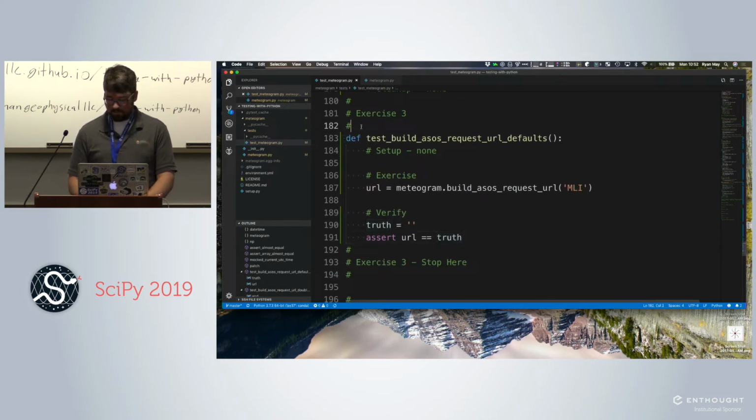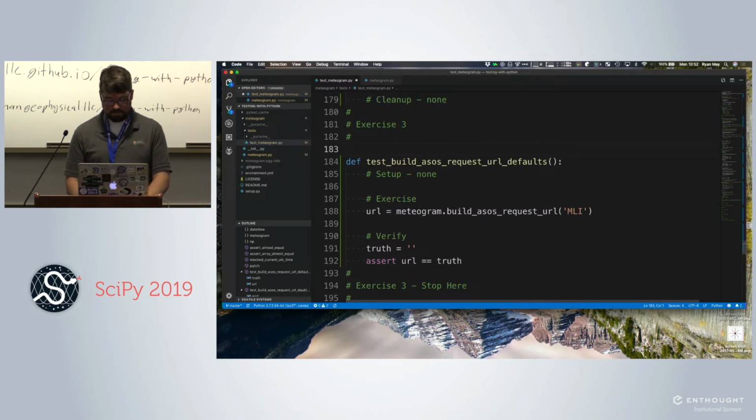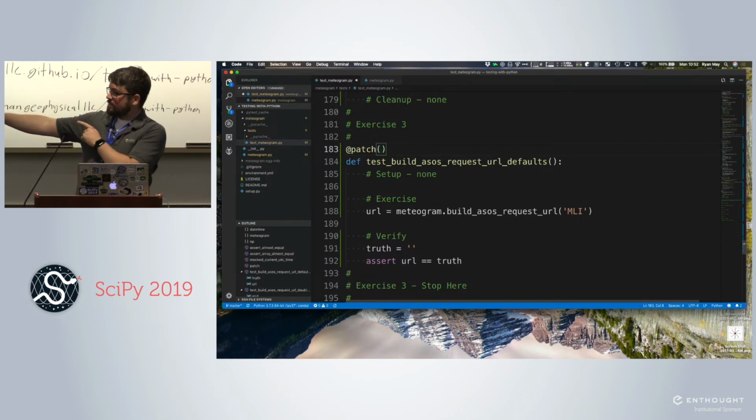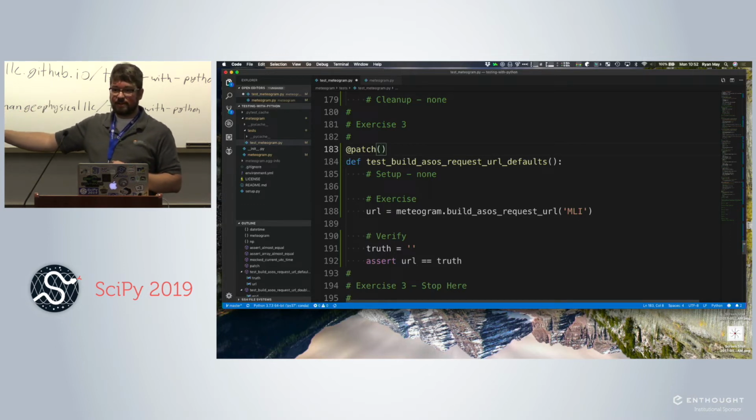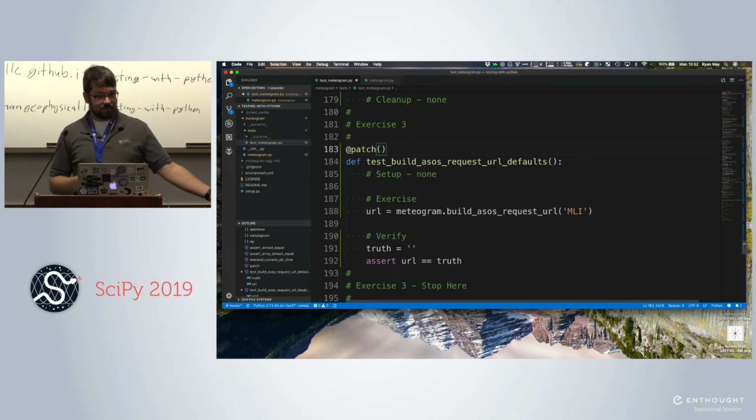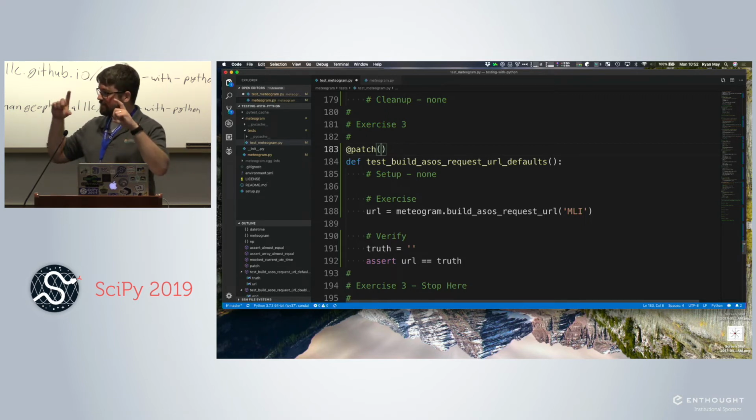Okay, now we need to do our patch here, use our mock. So the patch decorator. I didn't mention this, but this decorator modifies everything that happens inside this test function and only inside this test function. So after you leave this test function, current UTC time works just like it would from mediogram. So the patch only affects that function, but it affects everything that happens inside that function.